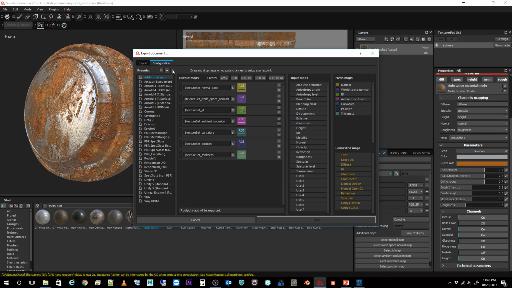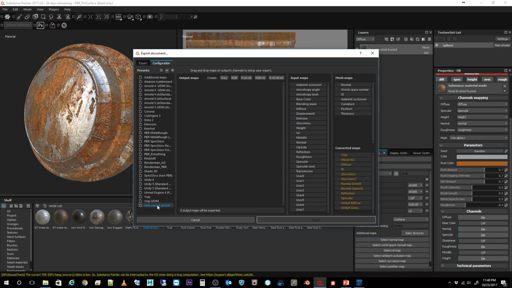So I'm going to hit a plus there, and I'm going to call this preset, same as before, PBR PxrSurface. And this is a texture set that I want to export every time that I create a texture set for